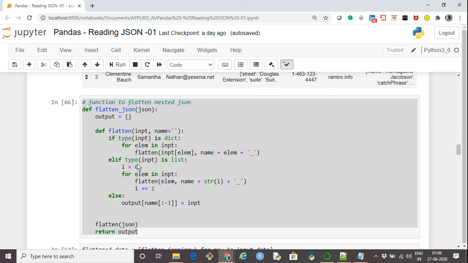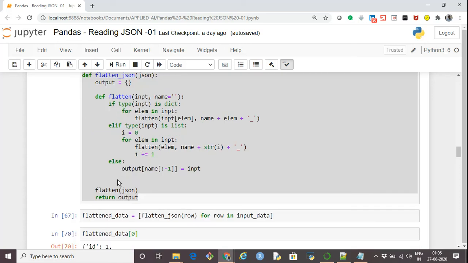If the element is of list type, it keeps adding numbers like 0, 1 or 2 based on the number of elements the list has. And if the element is neither a dictionary nor a list, it simply assigns it to the output dictionary, and then we return the flattened JSON.